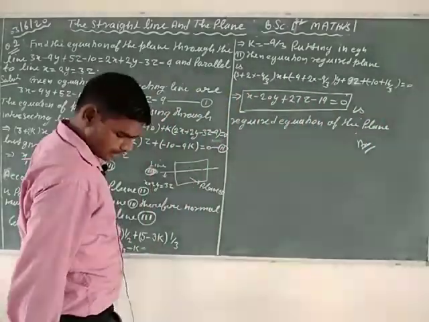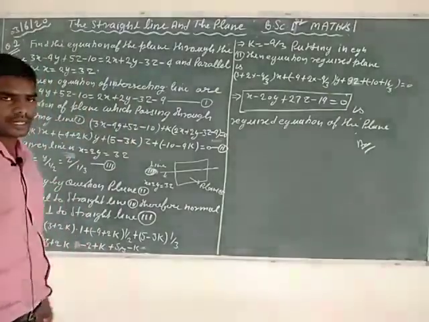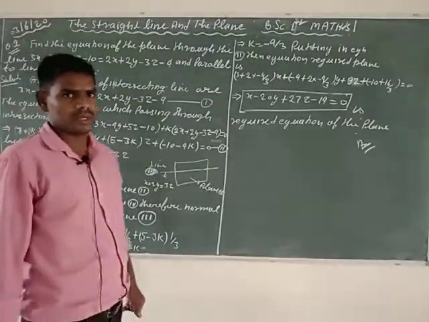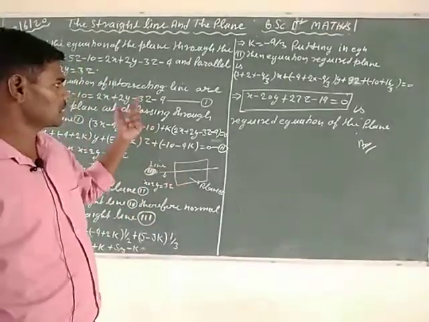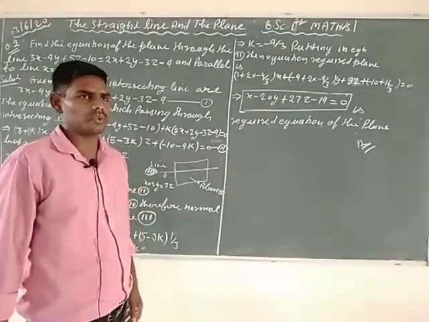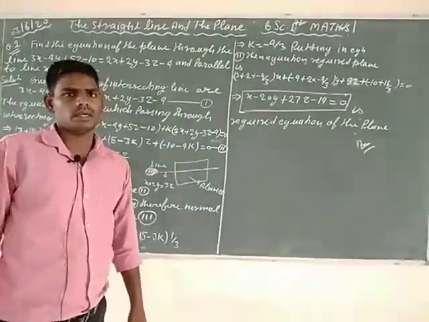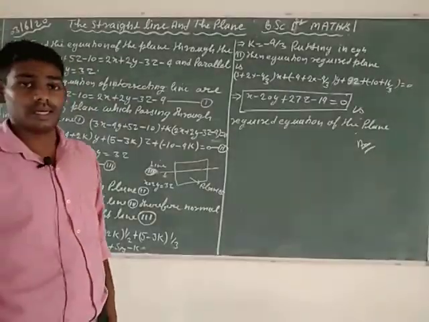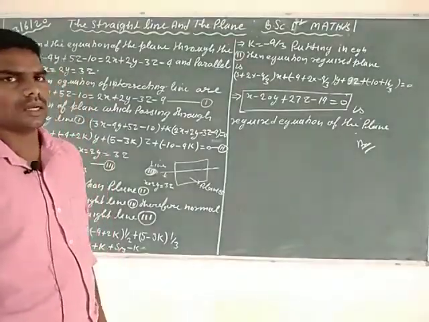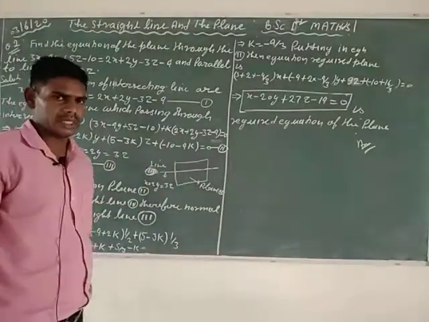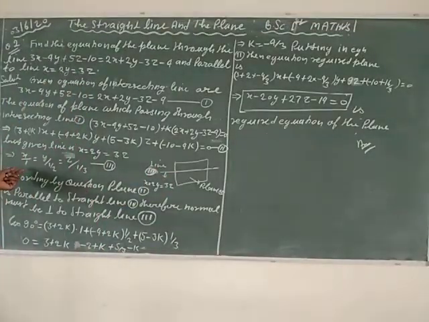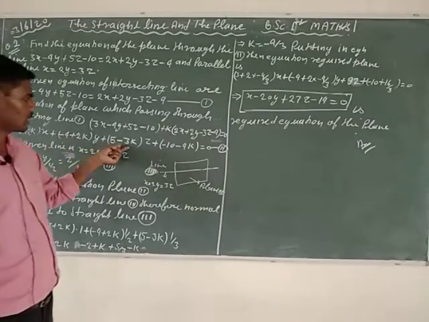So in question second, the equation of the intersecting line is given, and also a parallel line which is parallel to the required plane. Here, first calculate the equation of the plane passing through the given intersecting line, represented by equation second. You know that if any plane is parallel to any line, then the normal of that plane must be perpendicular to that line. So use this property here. The direction ratios of the given line are 1, 1 by 2, 1 by 3, while the direction ratios of the normal to plane second are 3 plus 2k, minus 4 plus 2k, 5 minus 3k.